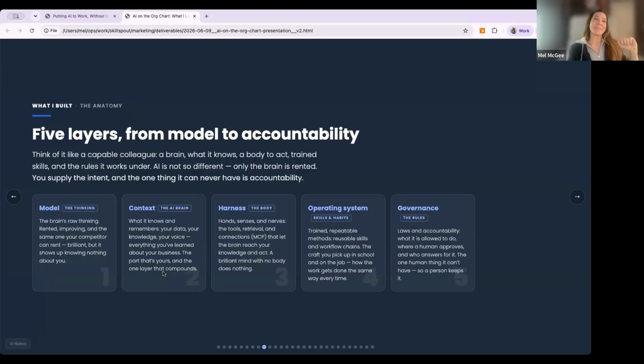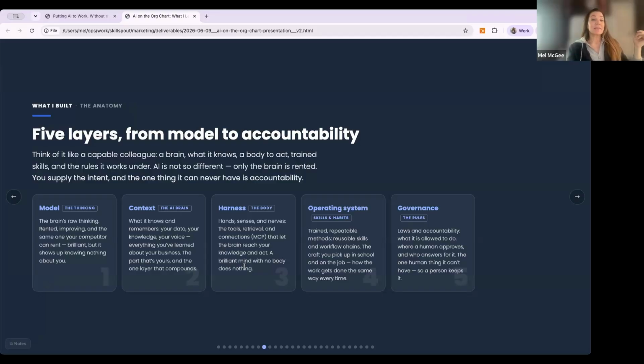Here's what they can't rent: the context. So the context, and you'll hear people start talking about the AI brains and things like that, is your data, your sources of truth, your voice. It's the one layer that compounds and is actually yours.